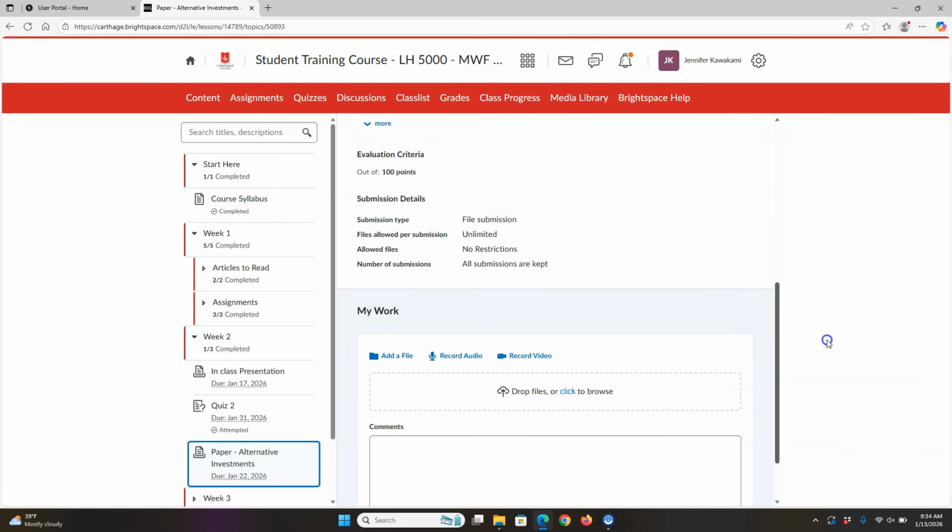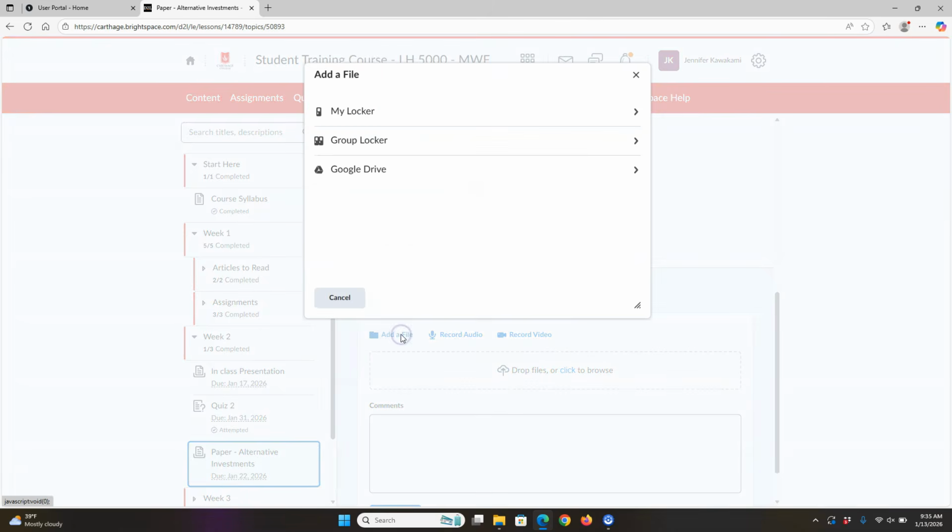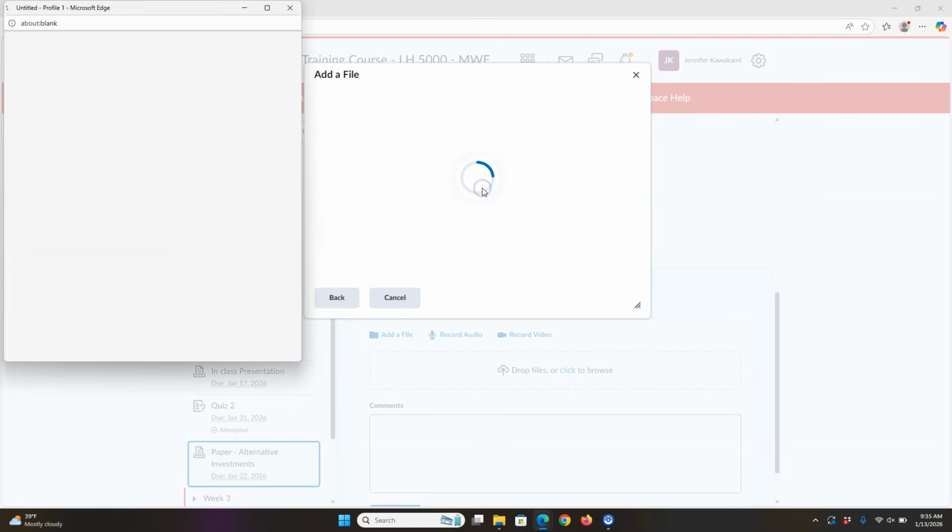As I scroll down, there are a couple of different ways I could add that file. If it's on my computer, I'm probably going to click here or just drop it right in there. It could be a PDF or Microsoft Word document. If it is a Google Drive file that you've been working on in your Google Drive, I can just click on add a file, go to Google Drive, sign in,